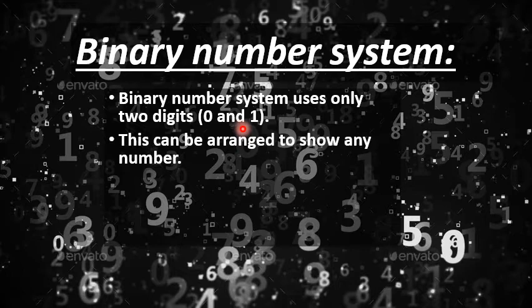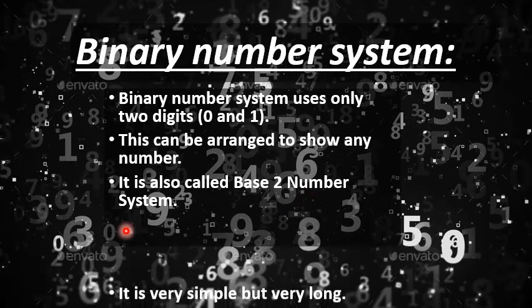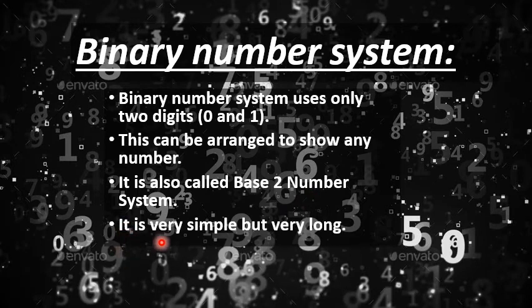This can be arranged to show any number. How? We will learn it further. It is also called base 2 number system. Remember, when we were talking about decimal number system, we called it base 10 number system because that has 10 digits, and now we are using an alternative name for the binary number system, and that is base 2 number system. It is very simple